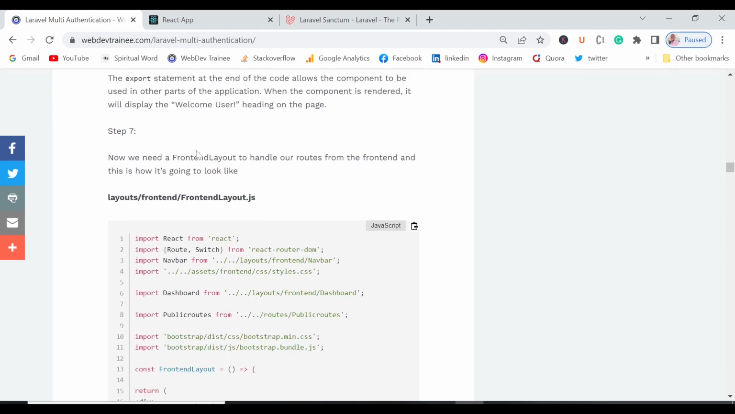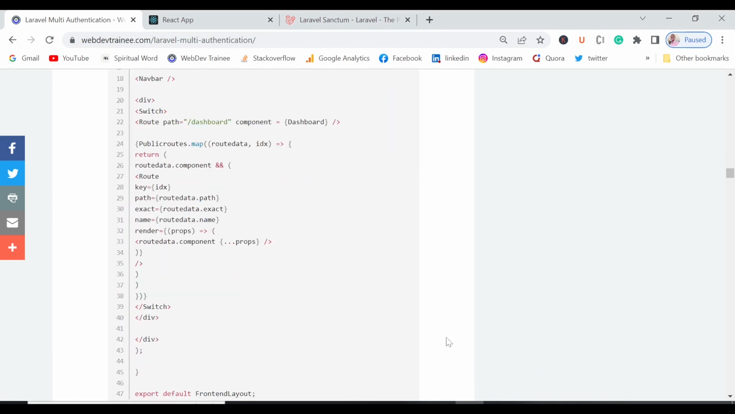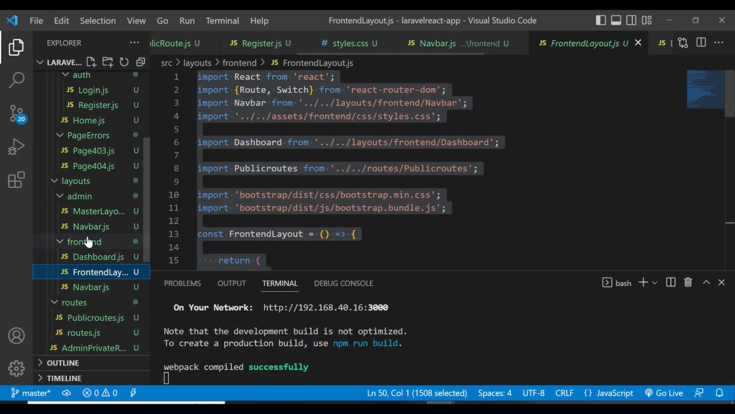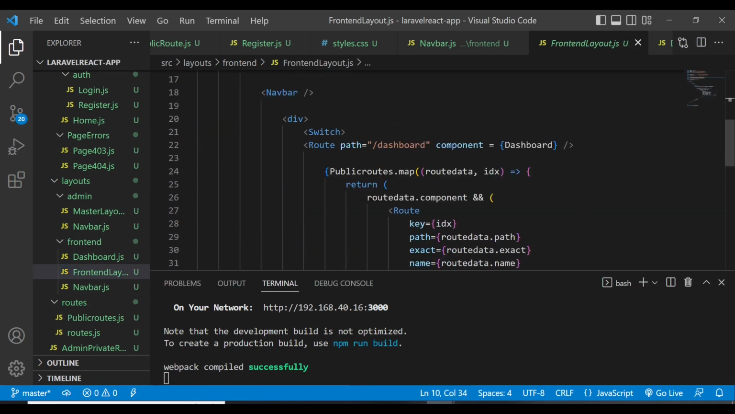Now, what this part does here is we need to handle the routes from the front end. And let me just locate the file for you. So it is under the layouts, remember? So this is the part. Now, what this particular